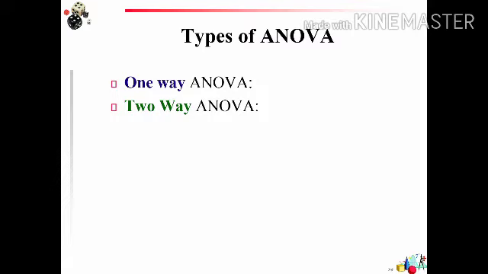There are 2 types of ANOVA: one-way ANOVA and two-way ANOVA. What do we mean by one-way ANOVA? Observations are classified into groups on the basis of a single criterion. For example, we want to study the yield of a crop. This study can be made with respect to the effect of a single variable, that is, the fertilizer. Here we apply different kinds of fertilizer in different paddy fields, so the yield of a crop depends on the fertilizer effect.